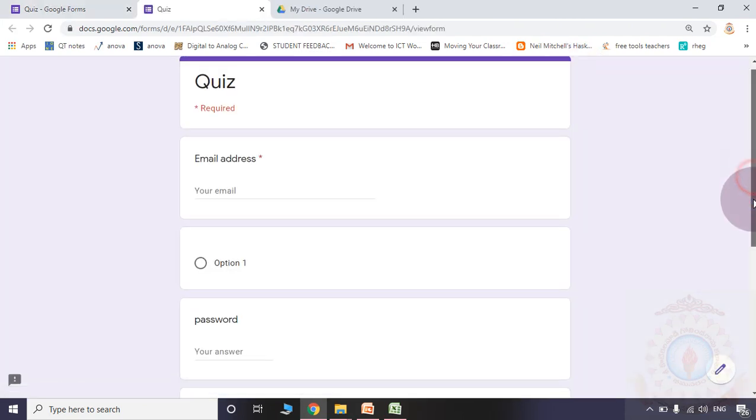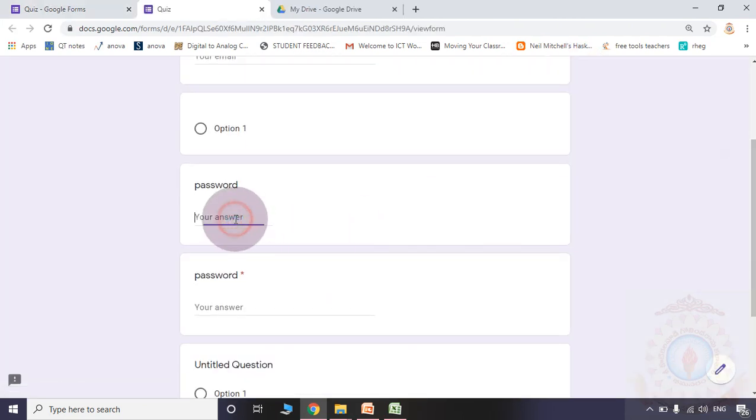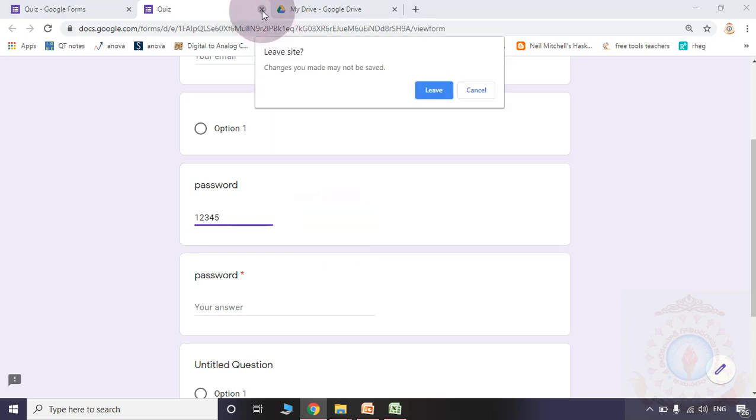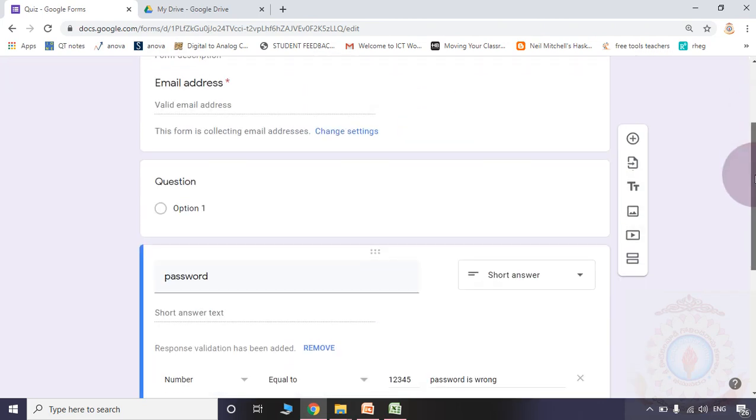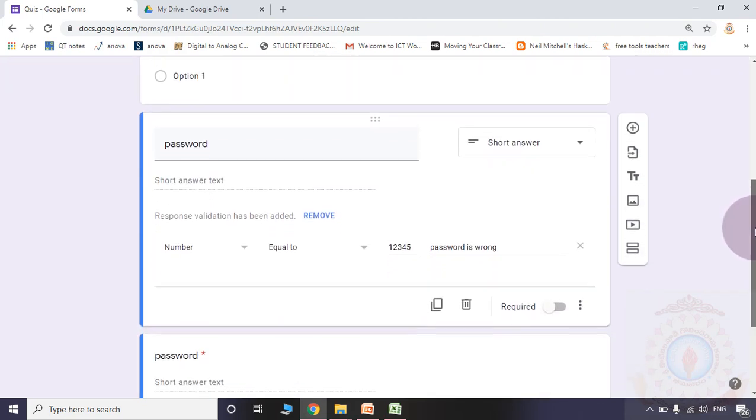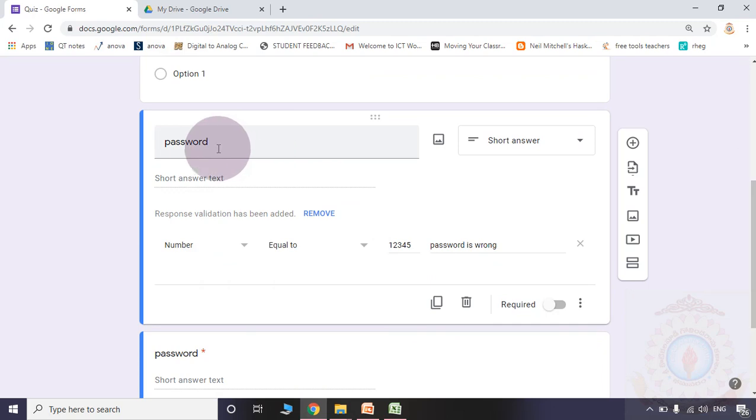Please go to the preview. If you give the correct password, it will be accepted. If you give a wrong password, then here you will observe a comment: password is wrong. In that way you can use the password option.